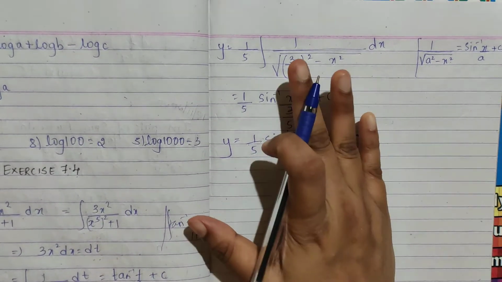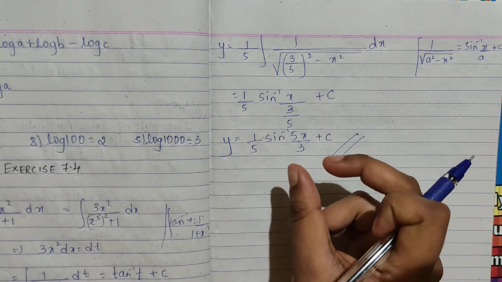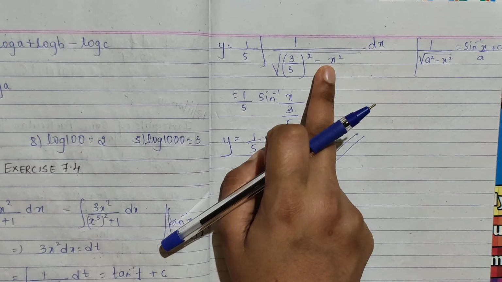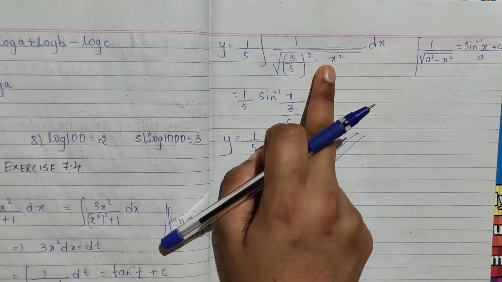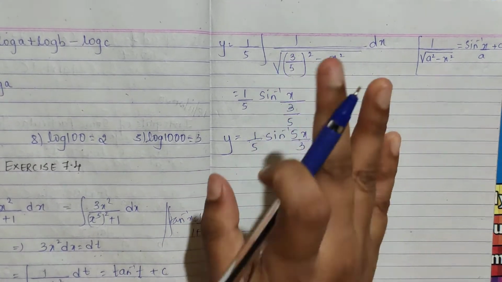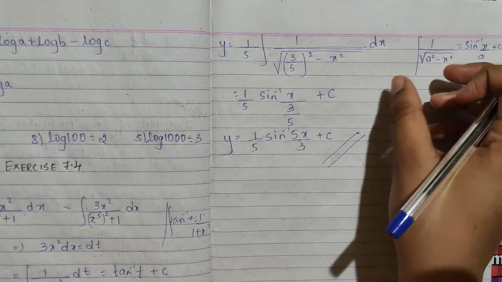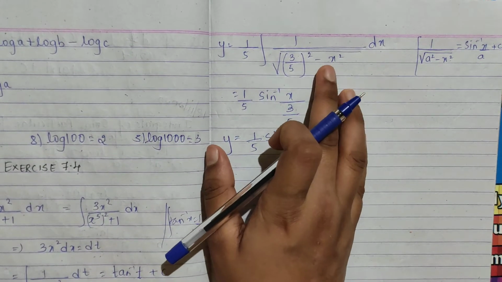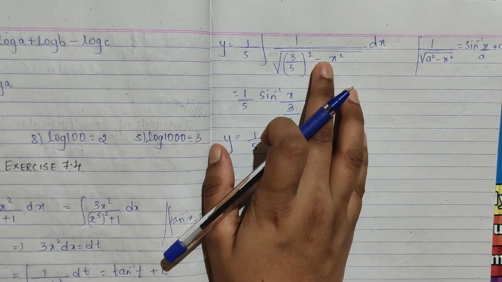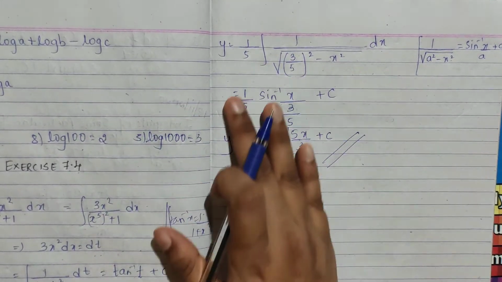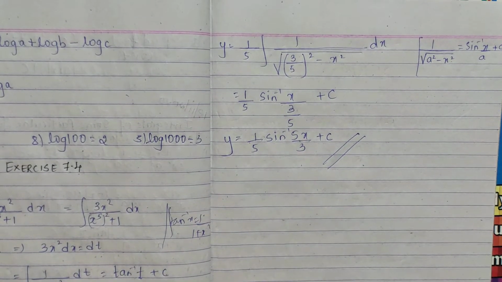Whenever such problems are there, first make sure the x part is free from the numbers. It should be only 1, the coefficient should be 1. So if you are getting it in a root, and it is in a standard formula, you can make it into such formulas: whatever is there for your x, take it as common and then make use of it.